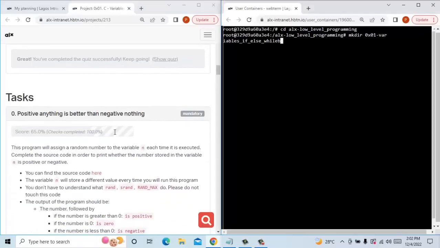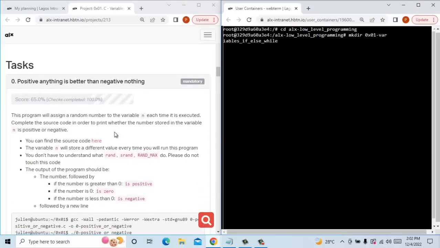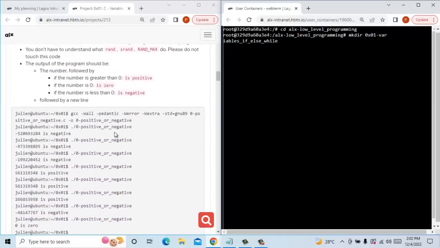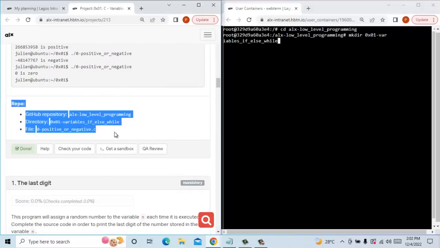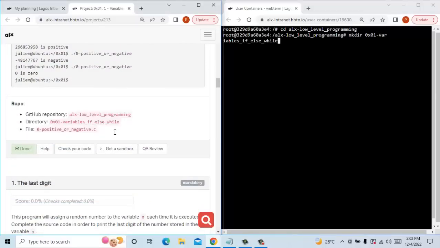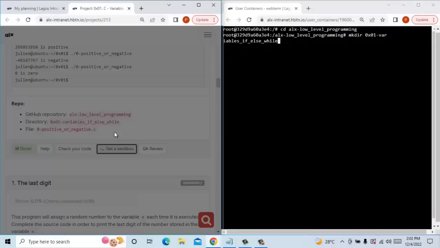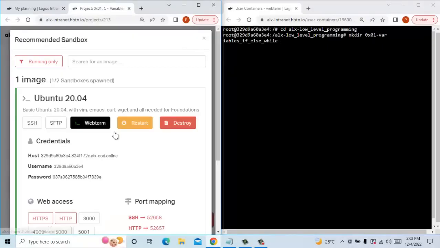Now, always remember that the first thing you need to do when you come to the task section is to come to this part where the instruction of the repo is given. So you are to go through this repo. This is your repository, and then you are to create this directory inside this repository before you start creating your files. So when you open your sandbox, get a sandbox, and then you click on web terminal,